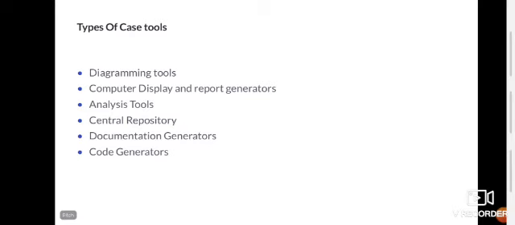Okay, next, documentation generators. It helps in generating user and technical documentation as per the standards. As per some standards, it generates technical documentation which is useful to develop any software. It creates documents for technical uses and also for the end users. For example, Adobe RoboHelp is one of the CASE tools used for documentation generation. Coming to code generators, it supports the auto generation of code, including definitions, with the help of designs, documents, and diagrams. Okay, this is a small introduction about CASE tools and what CASE tools are present.